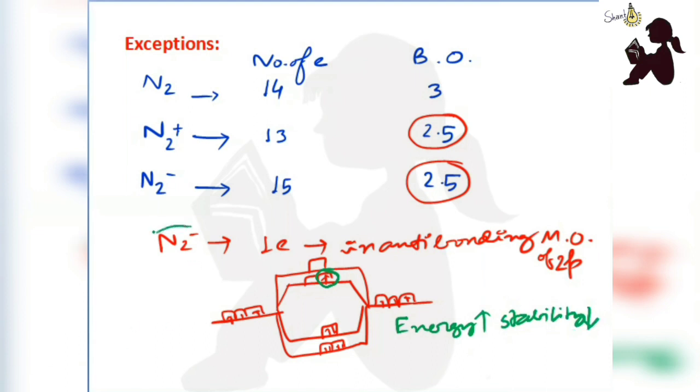So the bond order of this N2 minus will be less than this N2 plus. Okay, so remember this: if the bond order comes the same, then we see the number of electrons in the antibonding molecular orbital. If one or two antibonding molecular orbital electrons are present, then its bond order becomes less. So if we write its bond order series, then it will be N2 greater than N2 plus greater than N2 minus. Okay, so let's see the next part, that is bond order of CO and NO, because these are